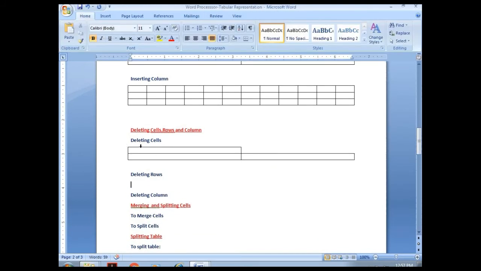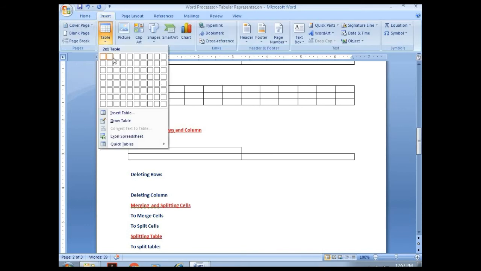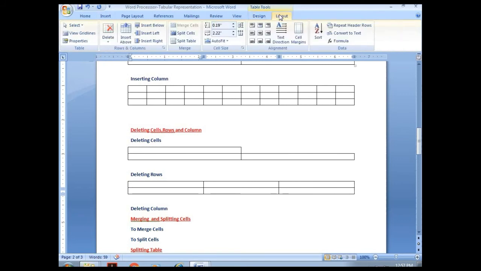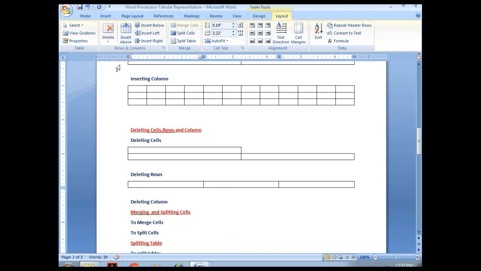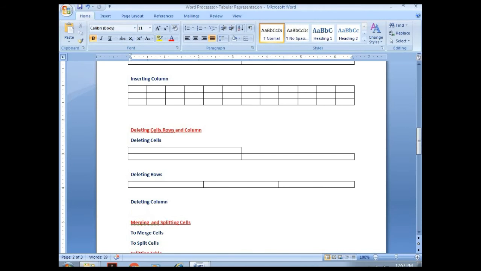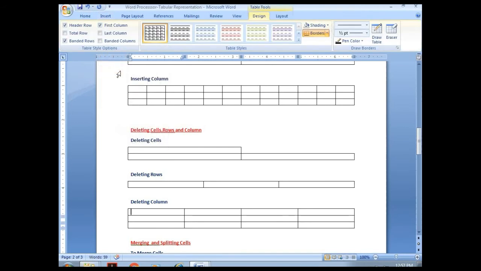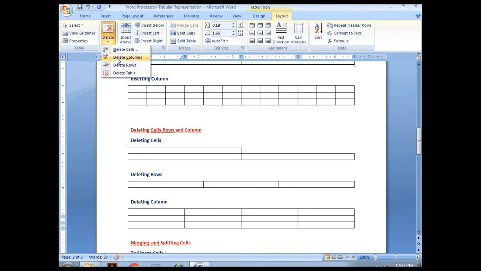Deleting rows, we should have a table, then we can delete the row which we want. We are inserting a table here, and if we want to delete a column, we can delete columns.